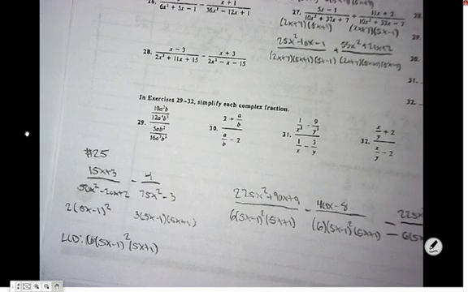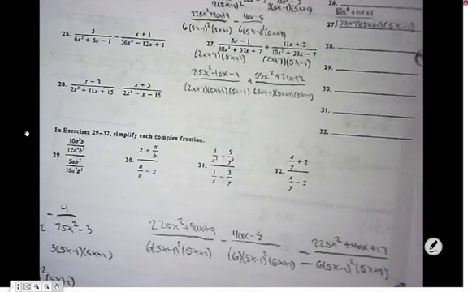Okay, so 25, the original problem is 15x plus 3 over 50x squared minus 20x plus 2, and then minus 4 over 75x squared minus 3. So the first thing I did was I factored both the denominators to find the LCD, which came out to be 6 times 5x minus 1 squared times 5x plus 1. And then I multiplied the numerators by what they needed to be to get an equivalent fraction. So the first fraction would be 5x plus 1 over 5x plus 1, and the second one would be 5x minus 1 over 5x minus 1. And once you do that, you get